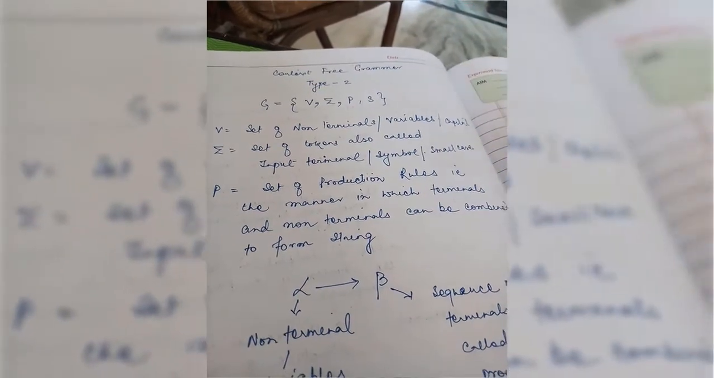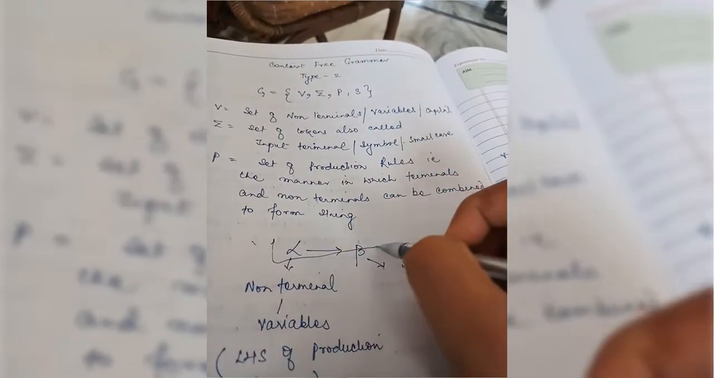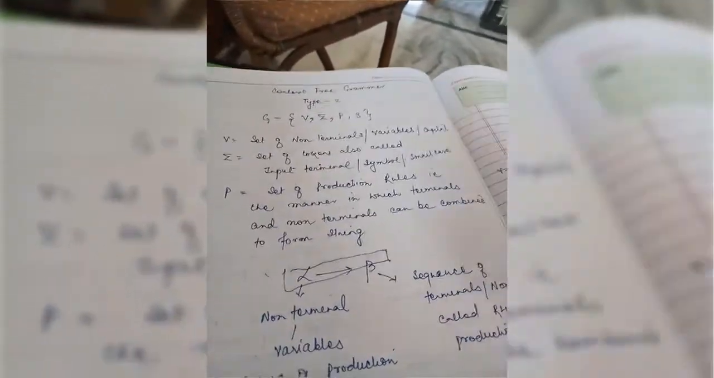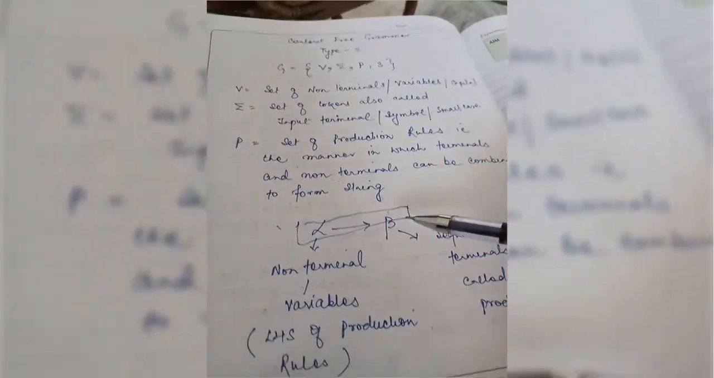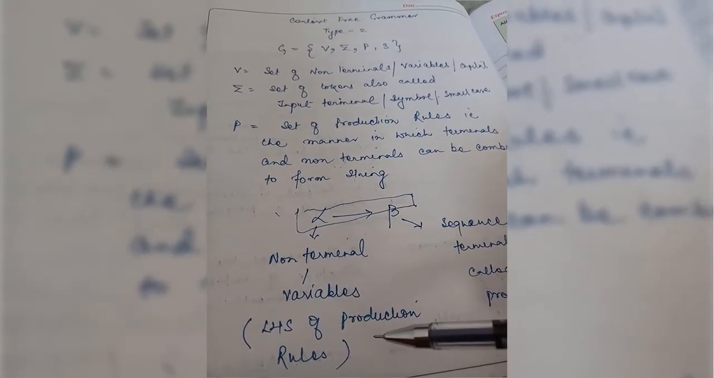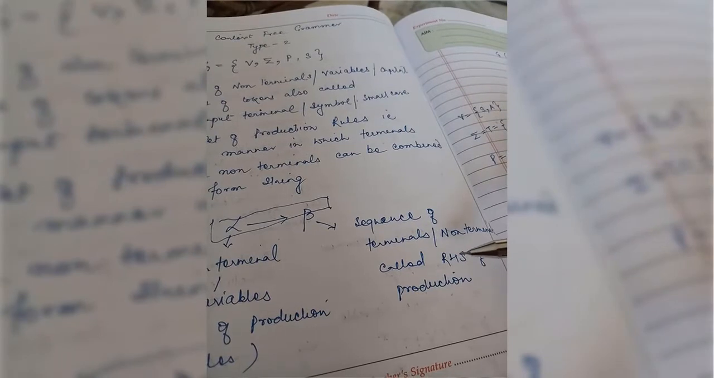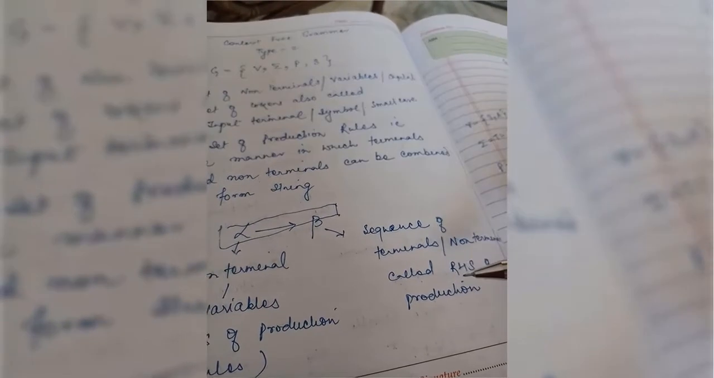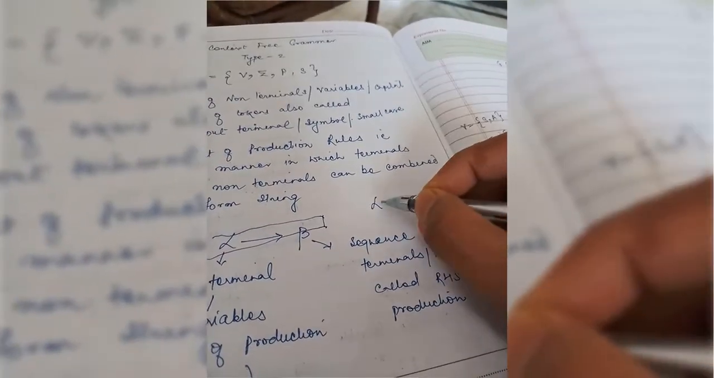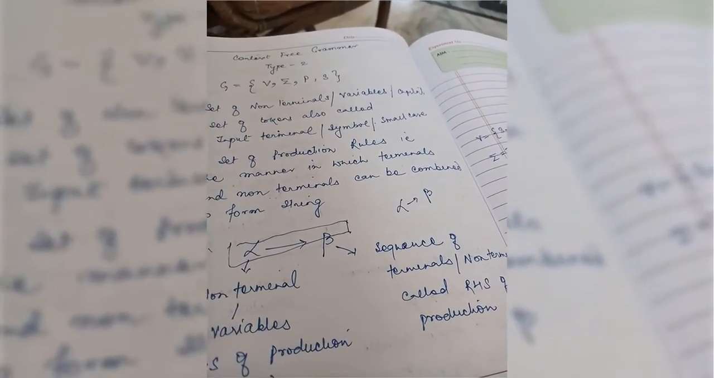The format of a production is alpha tends to beta, where alpha is a non-terminal variable, called the left hand side of a production rule, and beta is a sequence of terminals and non-terminals, called the right hand side of the production rule. So each and every production rule will be in the form of alpha tends to beta, and we have to understand that